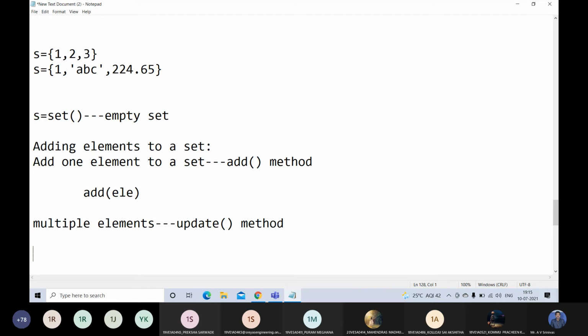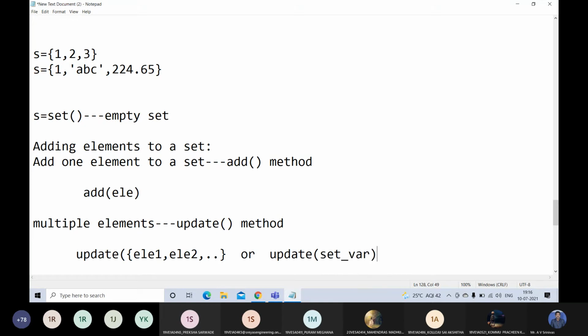Okay, so for this update method, you can pass directly like this, update of some elements. Whatever elements you want to add, you can write within curly brackets, or you can store those elements in another set variable and write that set variable here.